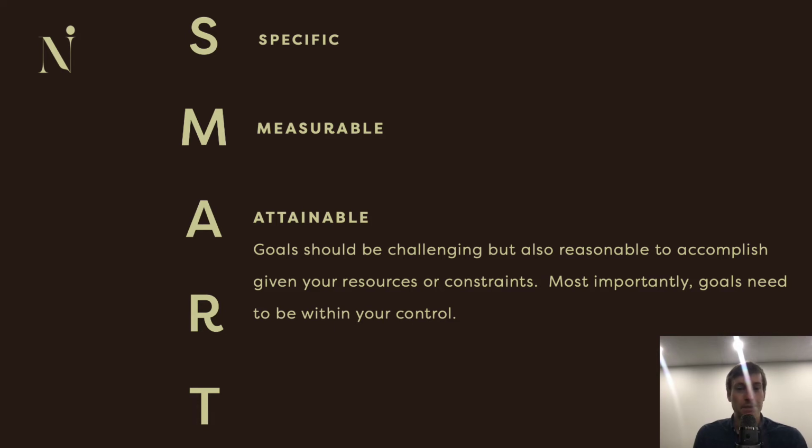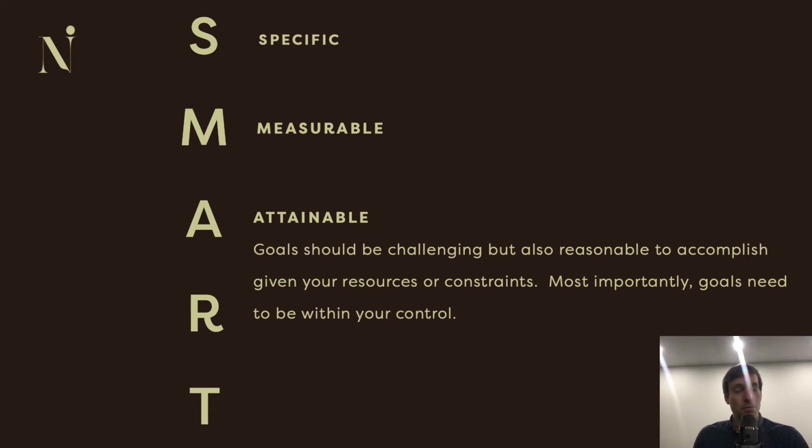The last part of this is your goals need to be within your control. So, for example, if your goal is to walk, we know that doing things with others, that social connection, also improves mood. So you might say, my goal is to walk with my friend Mark 3 times a week. The problem is, Mark may not be available. Mark may go on vacation. Mark may say no, and that's not really up to you. And so your goal should be within your control.